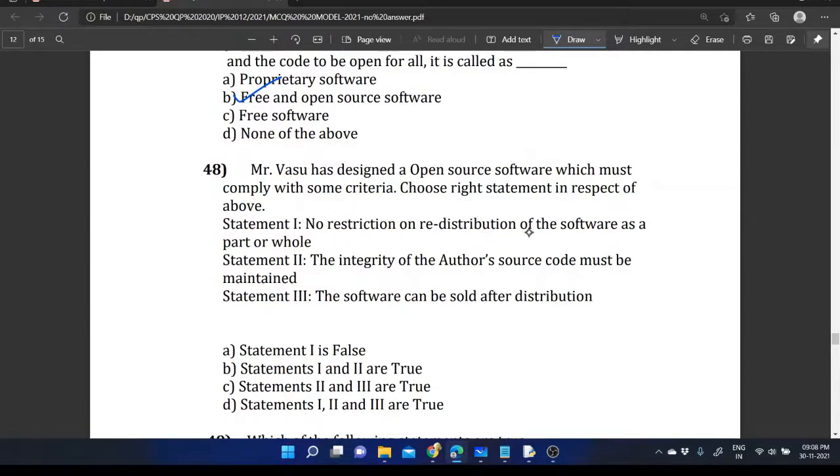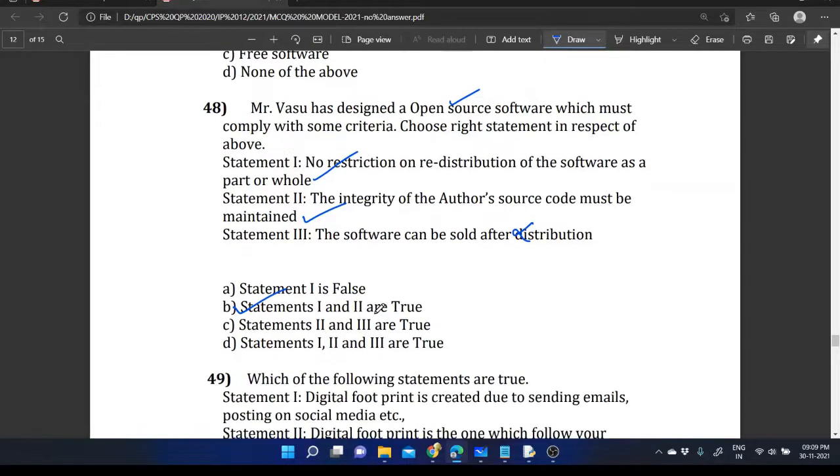No restrictions on redistribution of software as a part or all, based on open source, that's permissible. So the first statement is true. Then the second statement, the integrity of the source code must be maintained, that's also true. So those two statements are true. The software can be sold after distribution, it's not permitted. So that's false actually. So statements 1 and 2 are true. So that's the correct option.